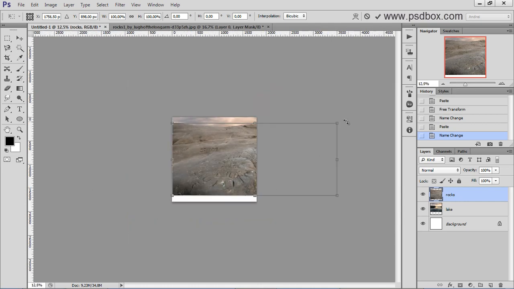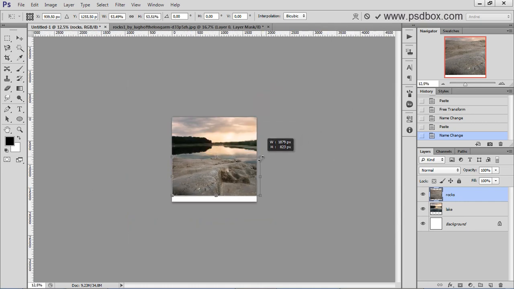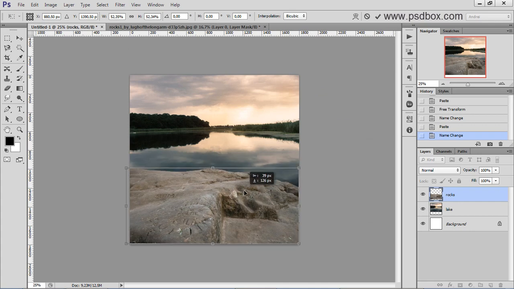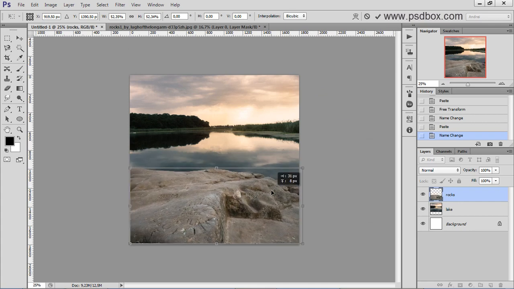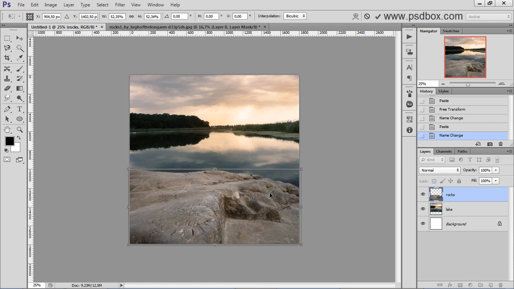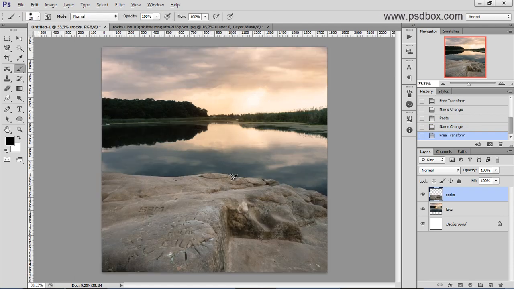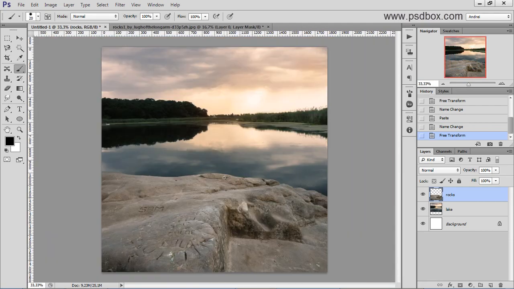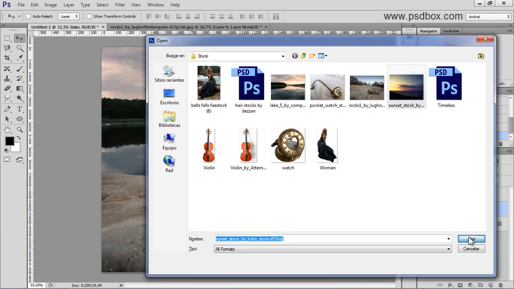And now I can scale it down. I'm going a bit fast here because this is just a standard procedure, so to say. Just rescale images and place them one on top of the other. You should know that. This is really for beginners, and if you don't know how to do that, I have a section called Photoshop for Beginners, where I explain how to cut images and how to work with layers and stuff like that. All we need now is the sky, so open the stock image of the sky